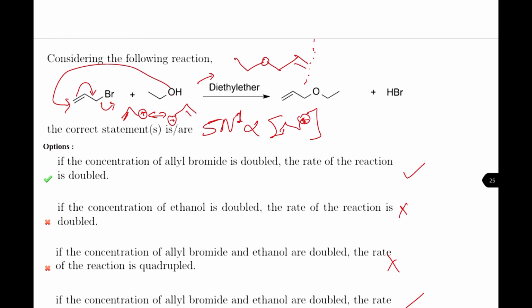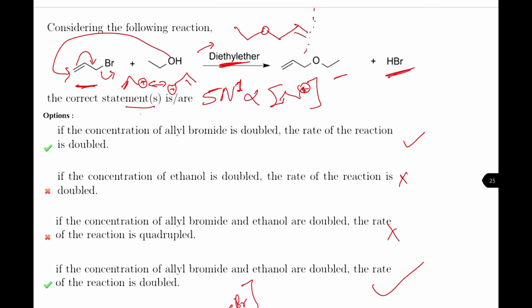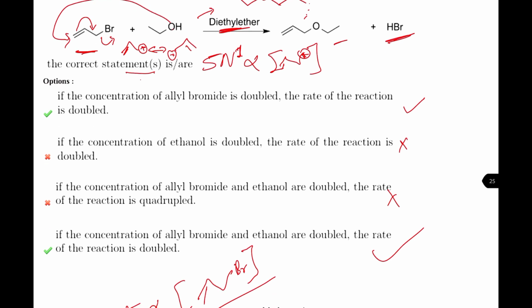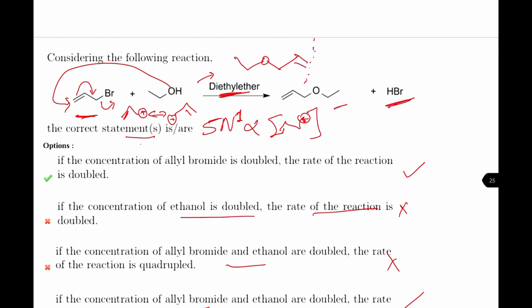Considering the following reaction, these are the reactants in the presence of diethyl ether, again a polar aprotic solvent, and we get another kind of ether and HBr. Which statements are correct? If the concentration of allyl bromide is doubled, the rate will be this. If the concentration of ethanol is doubled, this. Mostly the options are about changing the concentration, which is about the order of reaction. So if you see the mechanism of this reaction,